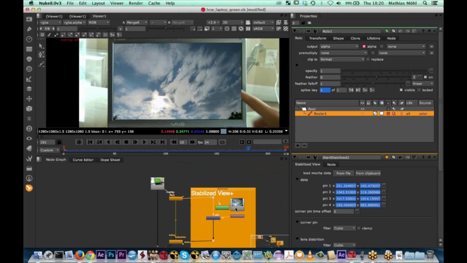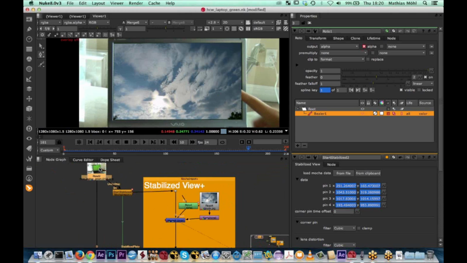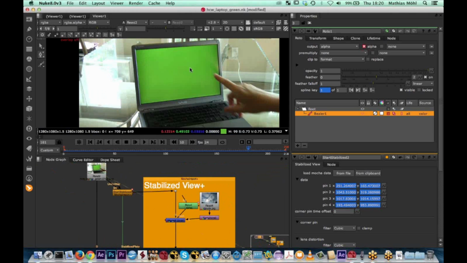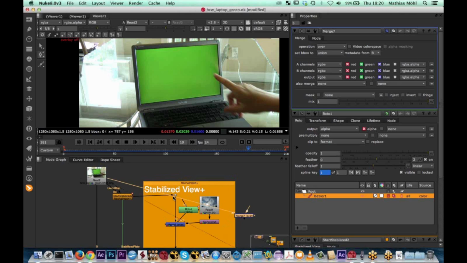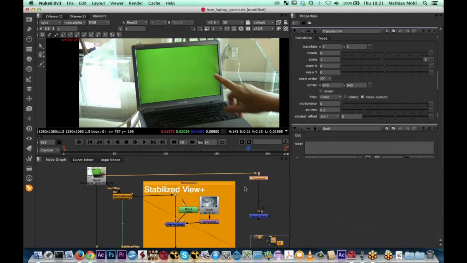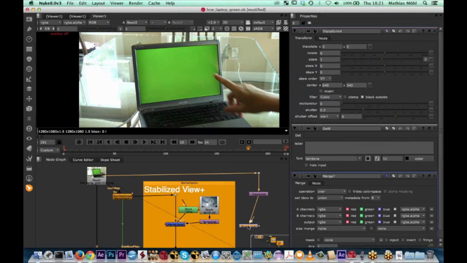For the reflections, I use like a cheap trick. Namely, I just want to use my original source footage, this one, as the reflection. Obviously, you could use any other video clip or image. And I actually want to merge it. And let me just make this a bit more tidy here. So I want to merge it, and before I merge it, I transform it. And I merge it on top of my